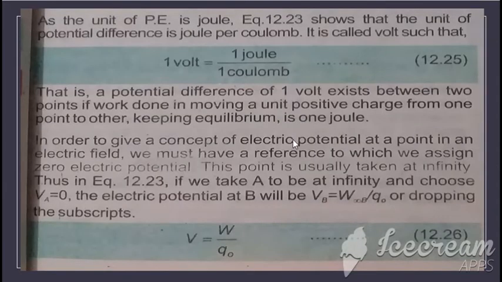To give an example of this, just recall the first year physics concept in which you studied potential energy and potential difference. The surface or the ground level, you take as potential 0 to measure the height of an object. So to measure the height of any object, we start from the ground level so that we can exactly measure the height of something. If we do not choose any reference level to which we assign potential 0, we are not able to measure the potential of that object.